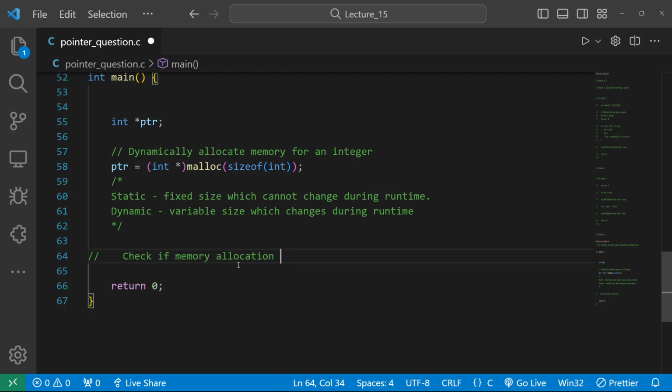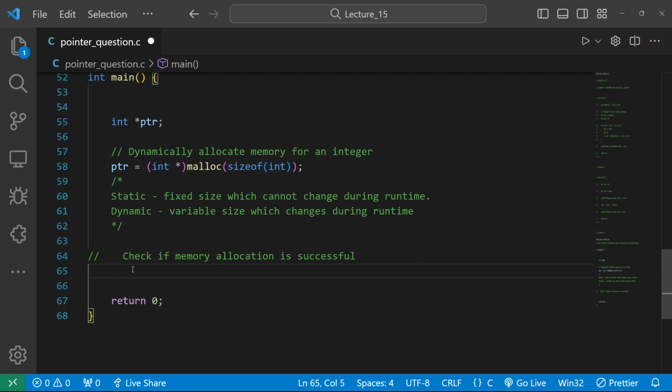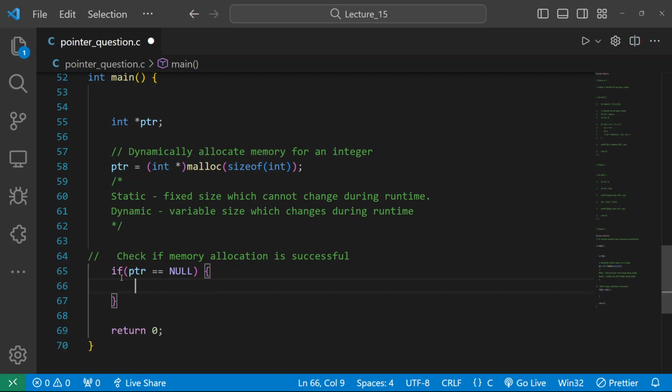Check if memory allocation is successful. You can see from the above code we are doing a memory allocation, but we want to check whether it is going to be successful or not. So for that, what can we do? Here I am writing a condition. If ptr equal to null, means if there is a memory allocation, then it will not be null. So if it is null,